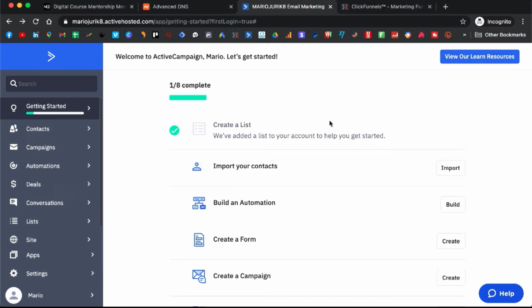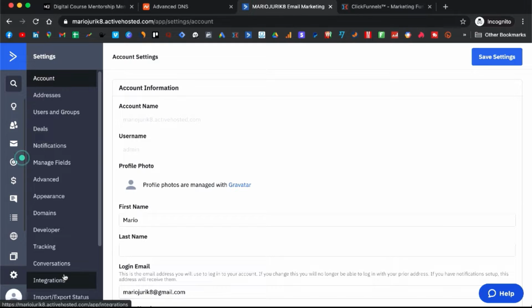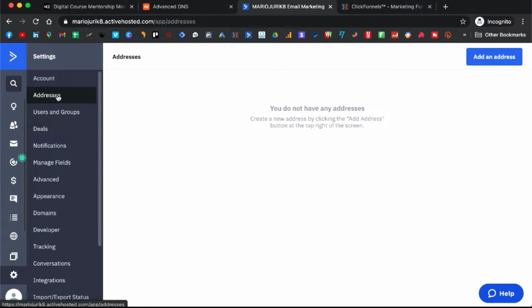Come back to ActiveCampaign and make sure that you put your address here. So you come to settings, you go to addresses, and you add an address because you are required to have one when you will be sending emails. Okay. And then we go to lists